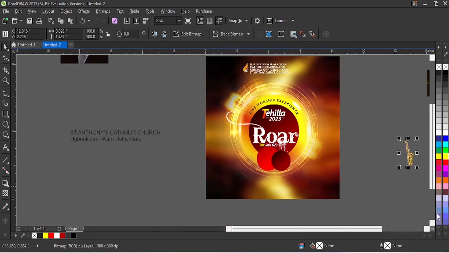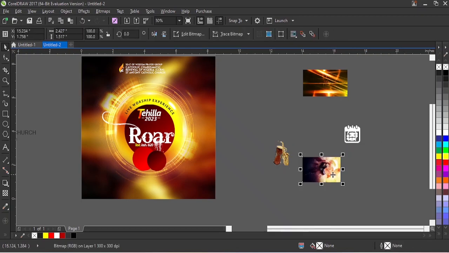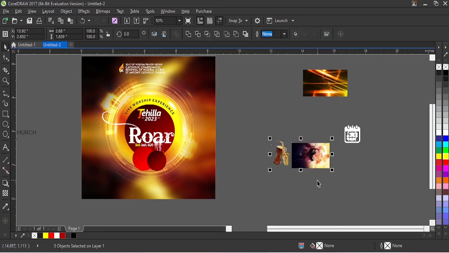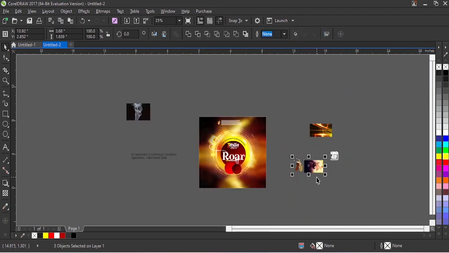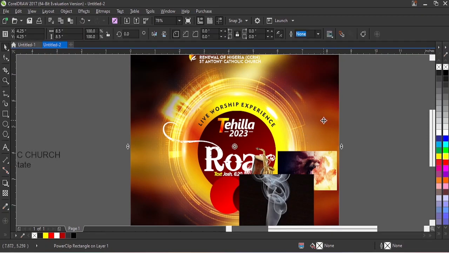Using saxophone and talking drum, my roaring lion, and what else? What else will I need? Okay, I need this smoke, so I'll just pick everything together. I'll pick all and move it inside the power clip. So I'll just move it inside now. So next